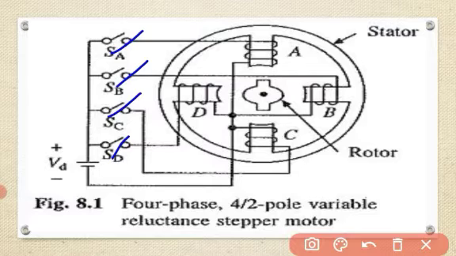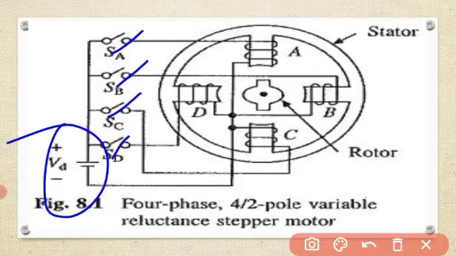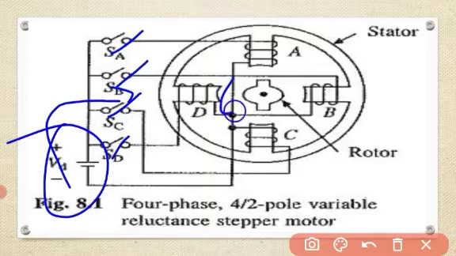Through these switches, DC supply is applied with a proper sequence. I will discuss later what the sequence is and how the rotor rotates. What happens when we apply the supply through these semiconductor switches is that the resultant air gap field steps around and the rotor follows the axis of the air gap field. Reluctance torque is developed by the tendency of the magnetic circuit to occupy the position of minimum reluctance.